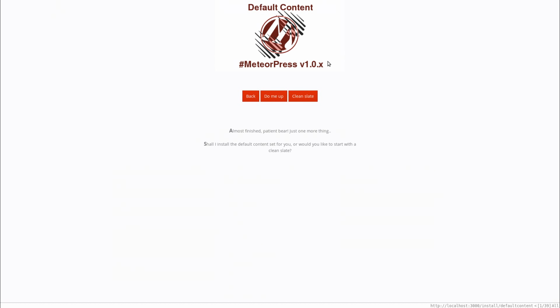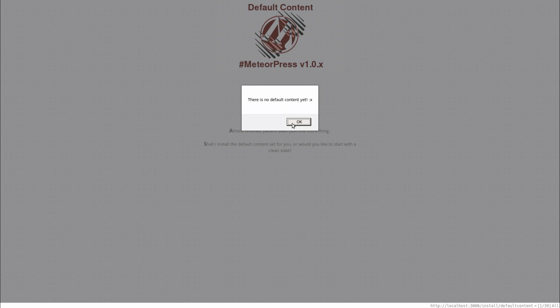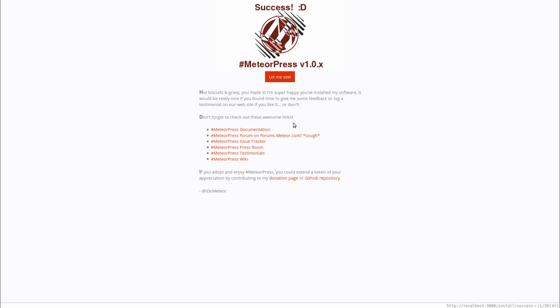Would you like to install the default content? You can go ahead. There's no real default content yet. I accidentally reset the database, but I did put in some pages. And then boom, it tells you at the end where you can get some more stuff. Eventually, in between these two screens, you'll be able to pick from the official set, maybe of top 10 plugins and themes that'll be featured on the theme store that will be coming shortly after I get all this up and running, of course. And then you hit let me see, and boom, it takes you to the home page,